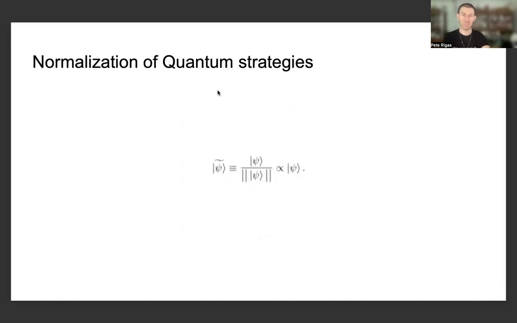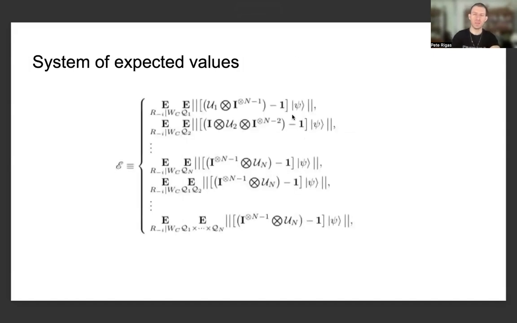And this is again relating to the fact that the viewer will recall that there are normalizations of quantum strategies, namely twiddle ket up psi is equal to ket up psi normalized by the norm of itself, which is proportional to ket up psi. In this system of expected values, it's coming into play because in place of this normalization, we can introduce different variants of this system of expected values